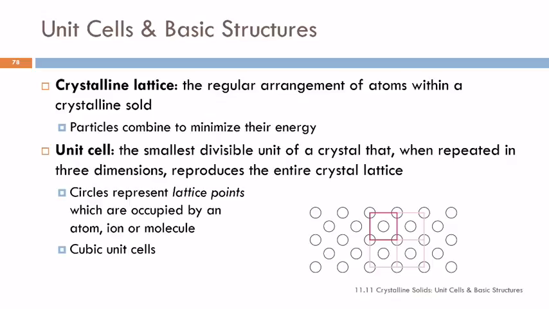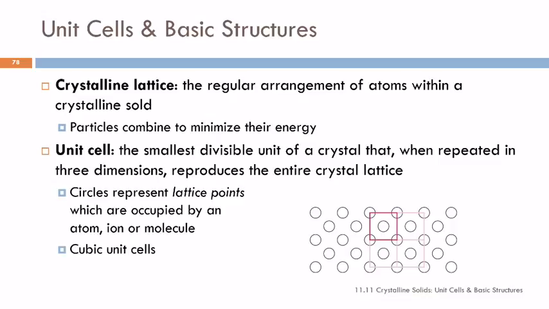And there are several different arrangements that these particles can make, and it's going to depend on the relative size and charges of the different particles in the crystalline solid. So we look at what's called a unit cell. The unit cell is the smallest part of the crystal that we can repeat in 3 dimensions and get the